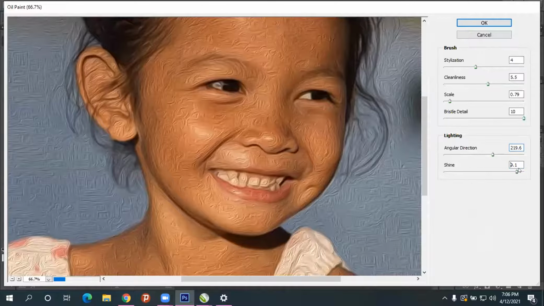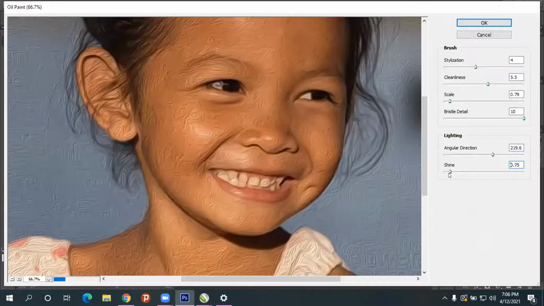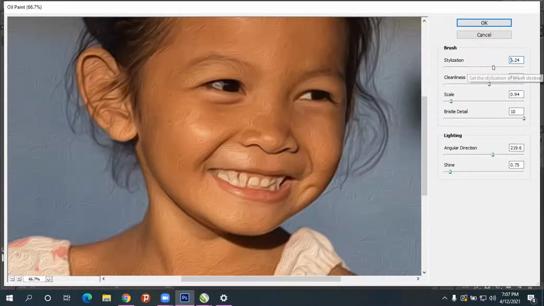Don't give stylization more, it won't look good. Scaling should also be reduced; if you give more, it won't look good. And cleanliness, how much you want, you give based on that. And give OK.